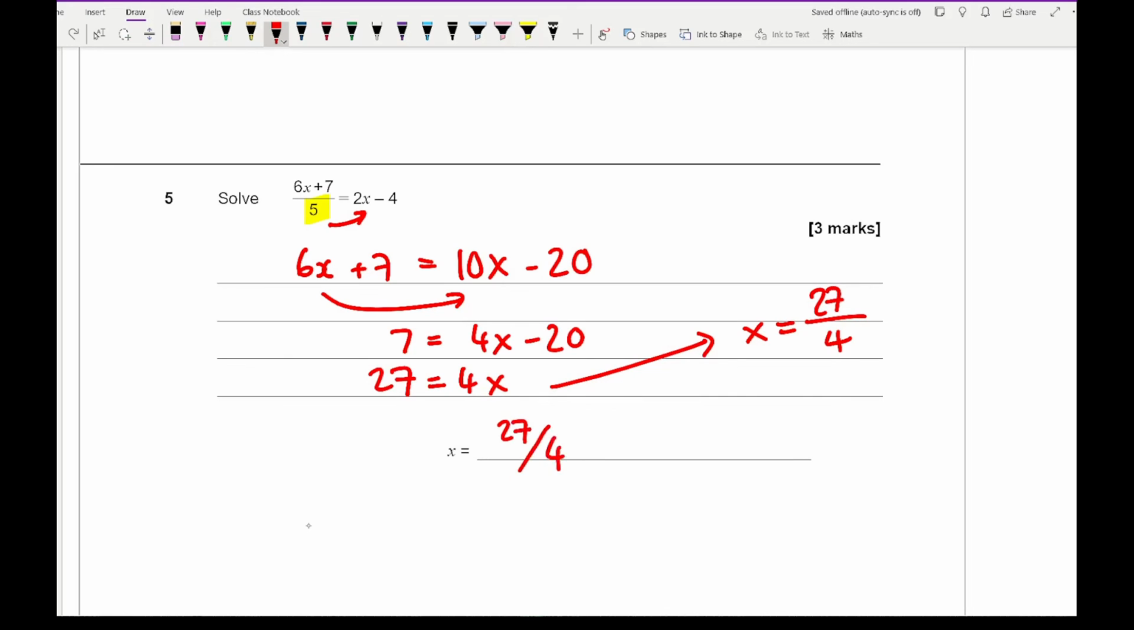And I personally would leave it as a fraction. Or if you really want to, you can write it as a decimal by dividing by 2 twice, in which we get 6.75. Any of those two answers would be absolutely